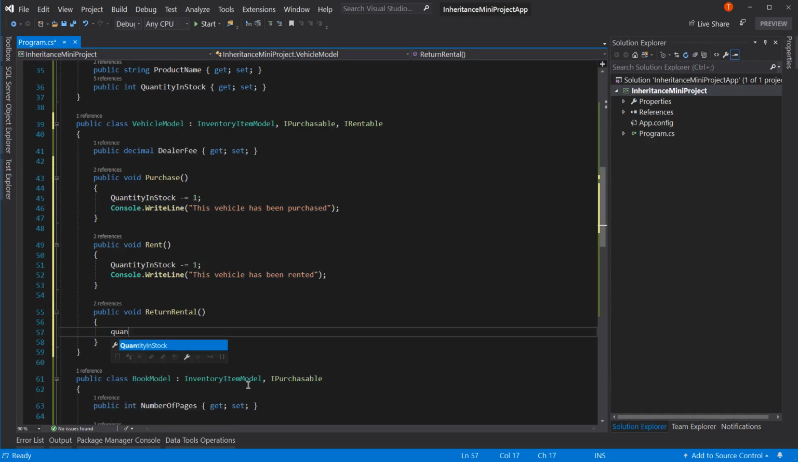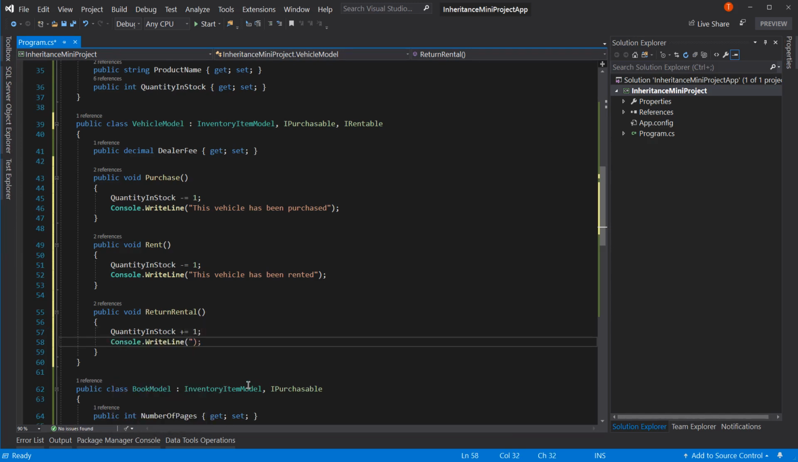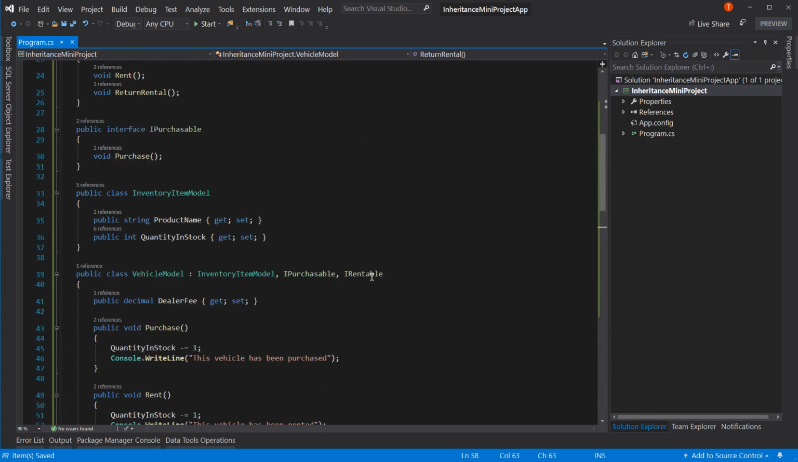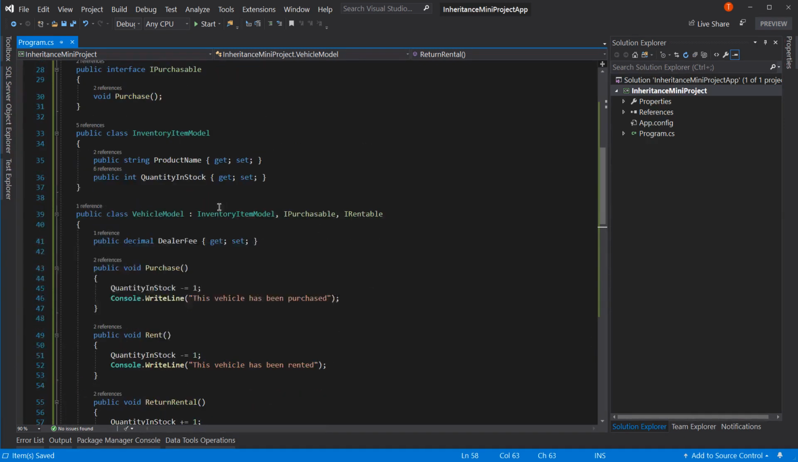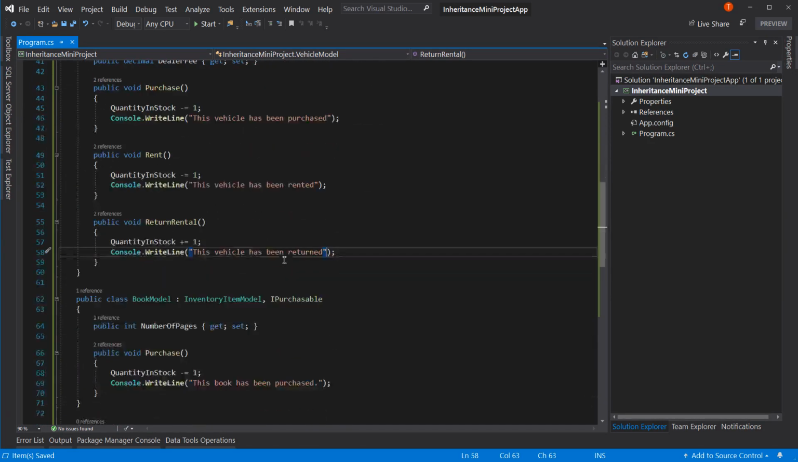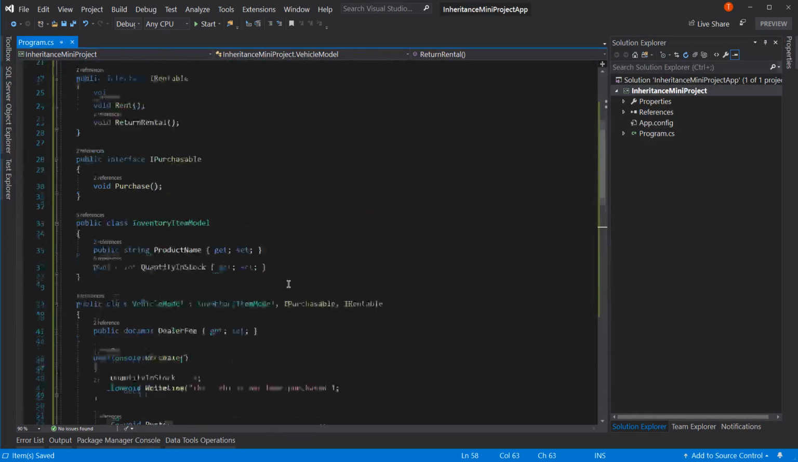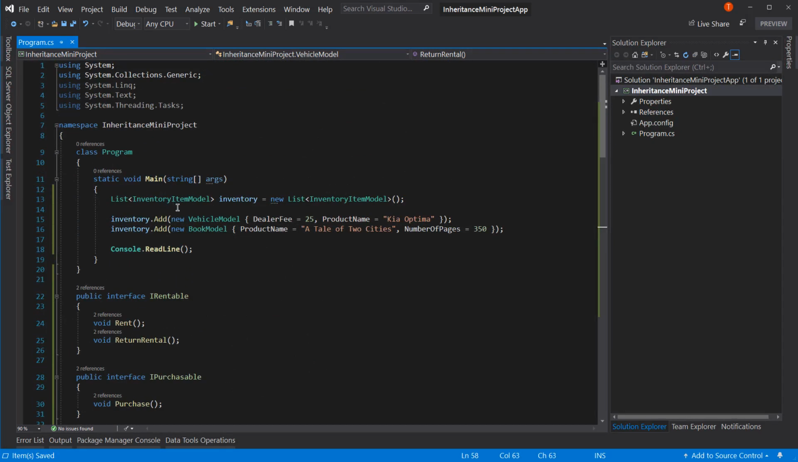So return for rental is quantity in stock plus equals 1, and the message is this vehicle has been returned. Okay, so now we have these classes that implement the different interfaces, including this one that does both. And so now what we can do is, instead of just storing everything in our IInventory model, we have a couple of different options. One of the options is